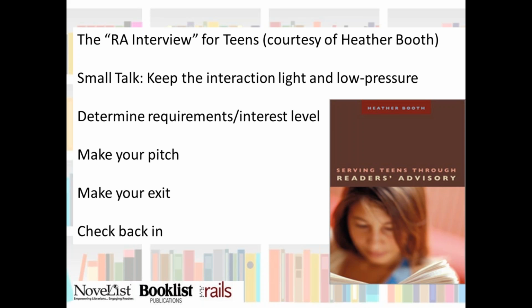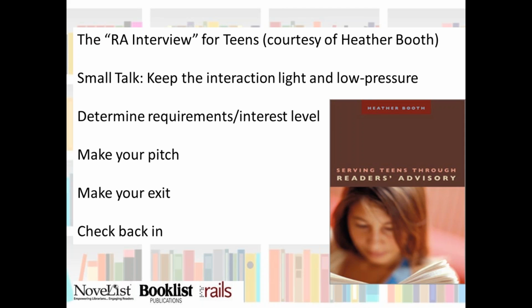It's also a good thing to articulate those appeal factors that you know about a book, that you can tell them, "Oh, this is fast-paced. This one is a real tearjerker. This book is great for people who liked Stormbreaker. This book is totally realistic." Those are the appeal factors that they will catch on to and know exactly what you're talking about.